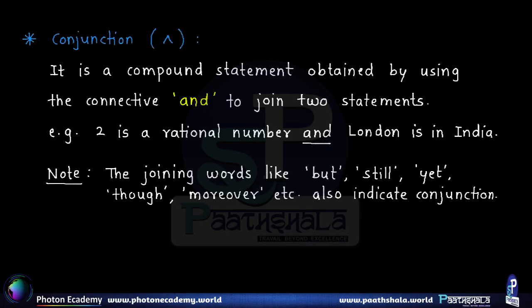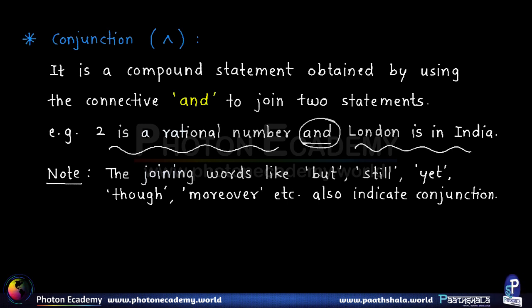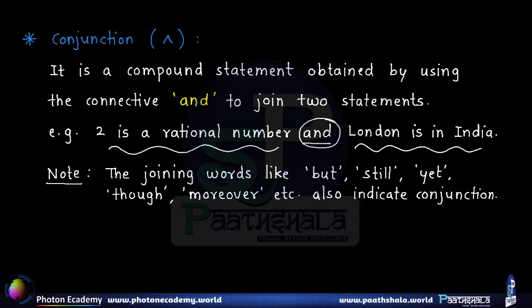Now let us study the first logical connective, and that is going to form what is called a conjunction. A conjunction is a compound statement obtained by using the connective "and" to join two statements. For example, when we say that 2 is a rational number and London is in India. Because of the word "and", which is joining two individual simple statements, the compound statement so formed is